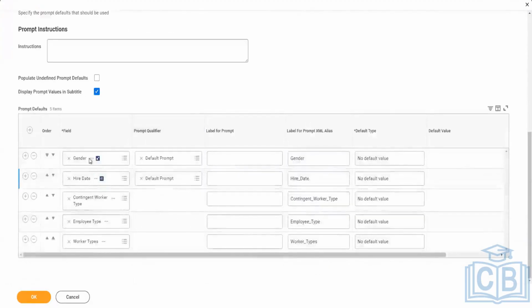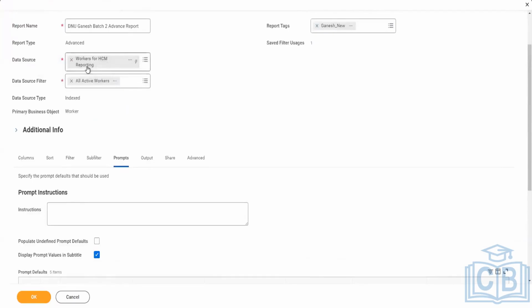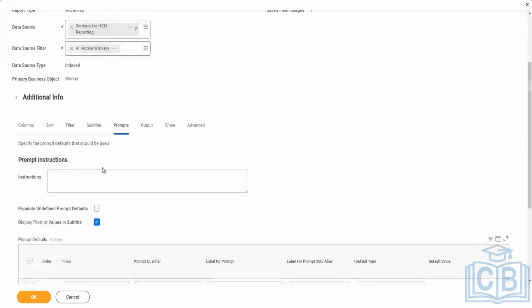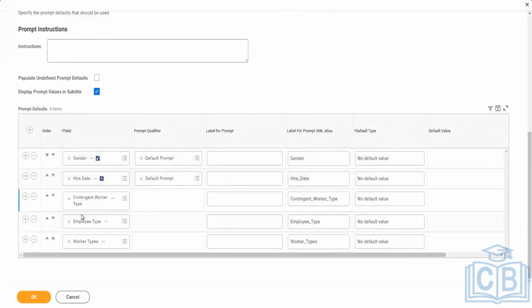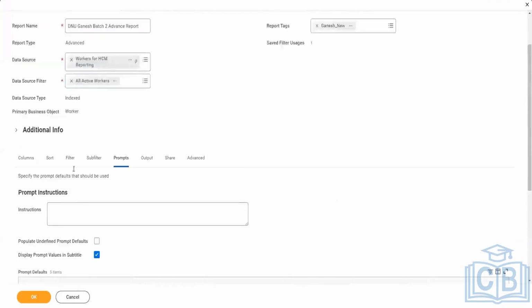Now here there are some options. When we use this worker data source, we know it comes with default prompts. These three prompts: contingent worker type, employee type and worker type come by default. We have not added these prompts here. When you use this data source, it automatically brings those prompt values as well. If you click on this related action,